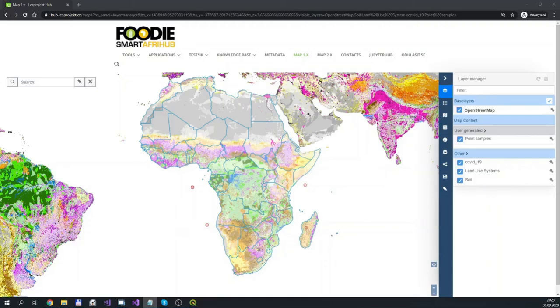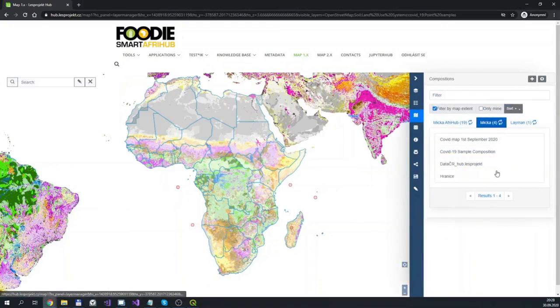And for browsing the existing data, there is the compositions panel. So let's move to this one. It's in some way similar to the data sources panel, as there are tabs connected to the metadata catalog and to layman. But this time we are not seeing map layers, but map compositions.